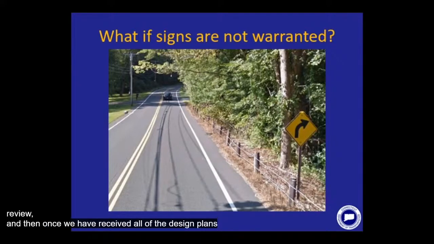And then once we have received all of the design plans for curves in a particular town, we will send those design plans and those aerial images out to the town for them to review as well, to provide their own comments on whether some signs would be necessary to include or exclude, and if the signs are placed in a proper location, just to double check that we're not installing a sign in the middle of someone's front lawn. And we did exactly that for Coventry as well.